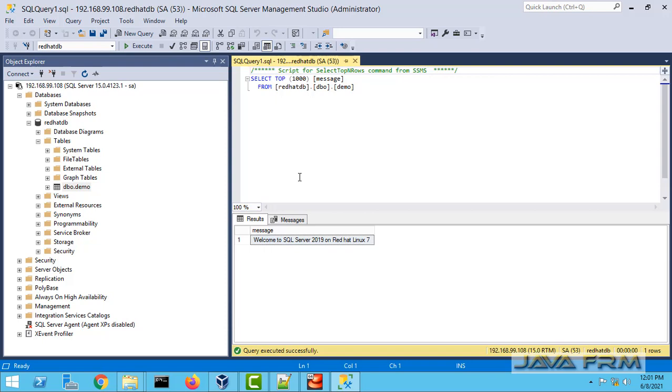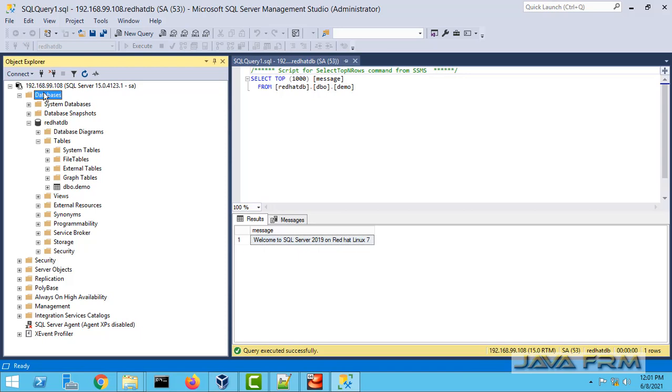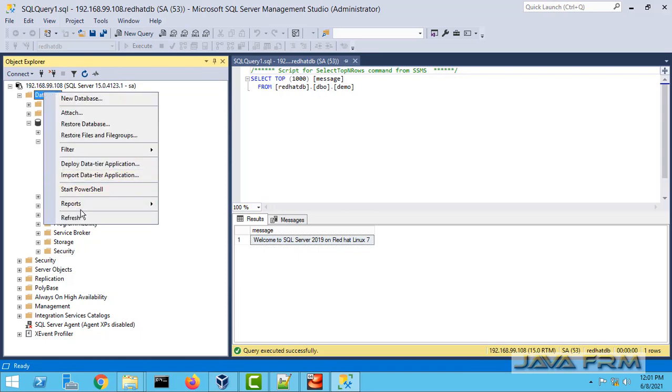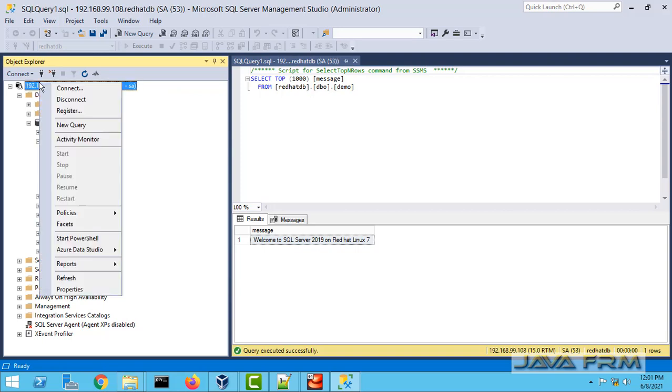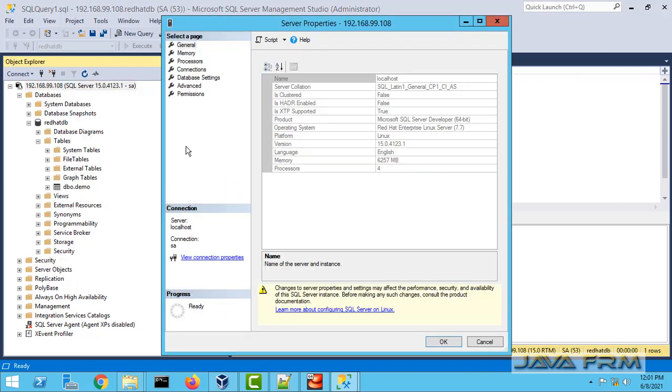Make sure that you unblock port 1433. 1431 and 1434 are optional ports. You can block or unblock them. SQL Server Management Studio provides additional information about the database by right-clicking the properties.